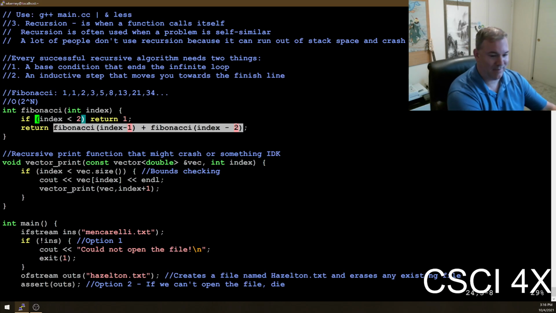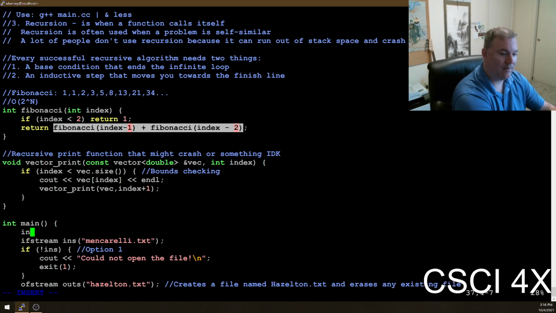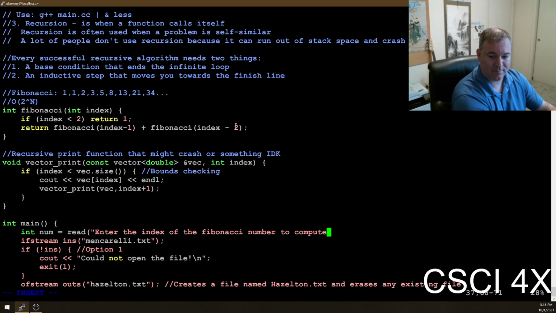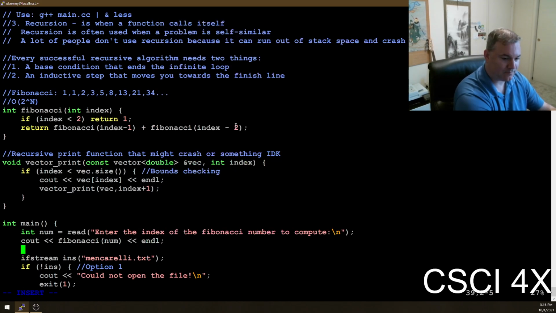Is there a way to see the running time? Yeah, sure. Let's see. Caps lock that. Okay. And so we'll ask which index, and then we will see out Fibonacci passing in none.